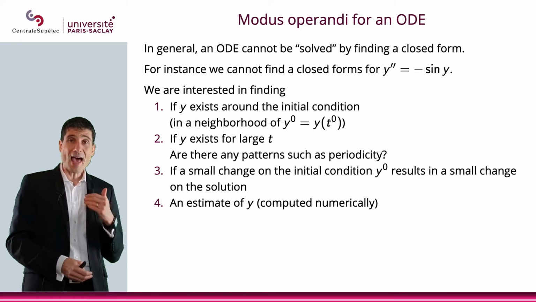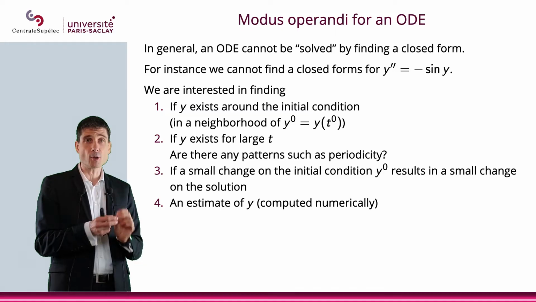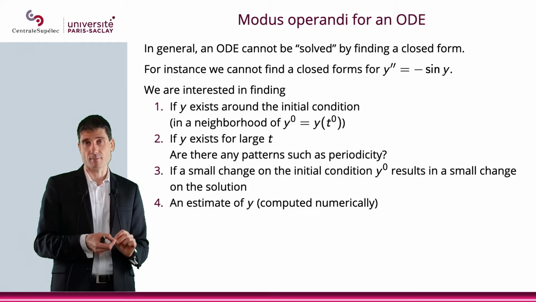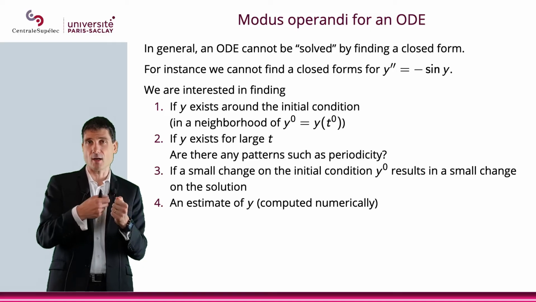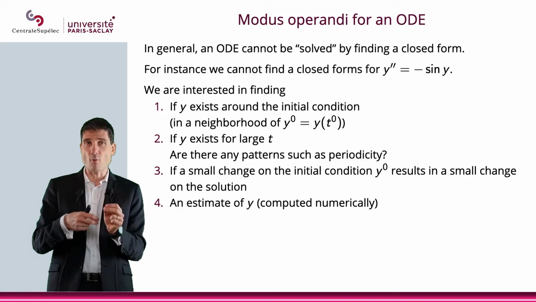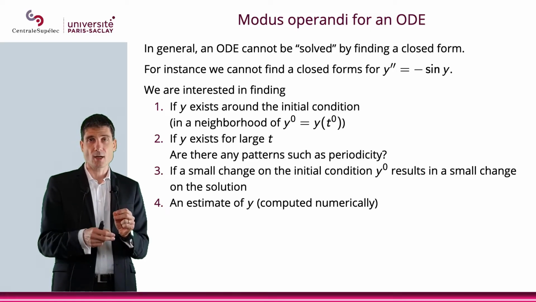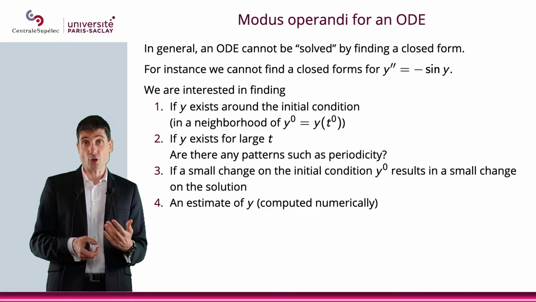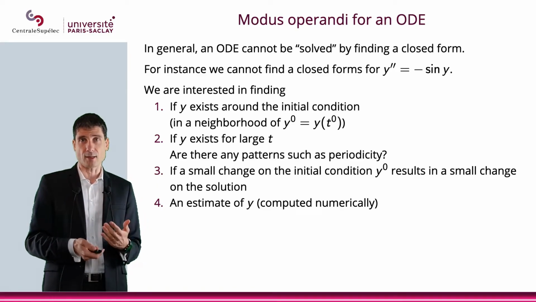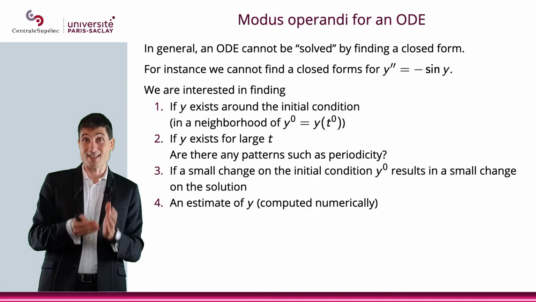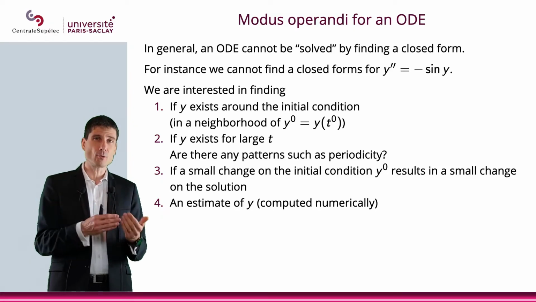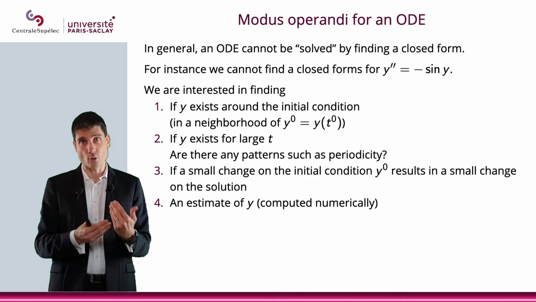3, what happens if you have a small change on the initial condition? Instead of having y naught, in other words, when you have y of t naught equal y naught, instead of y naught, you have y naught plus a very small change. Does it change the solution significantly? And you see the problem. If the answer is yes, then from an engineering point of view, that can lead to a lot of